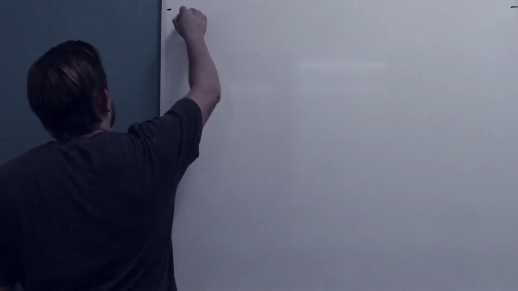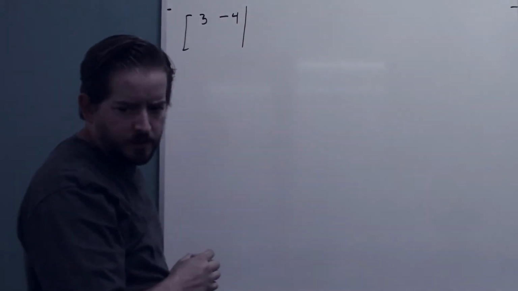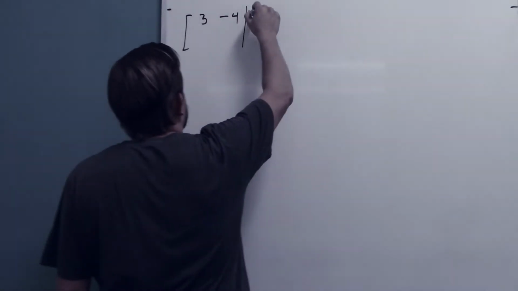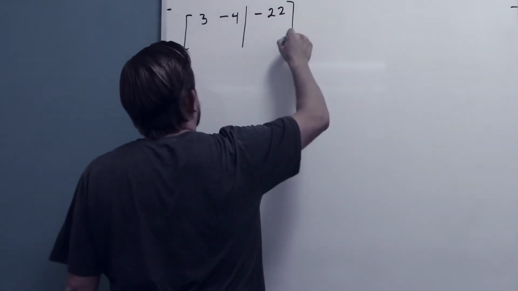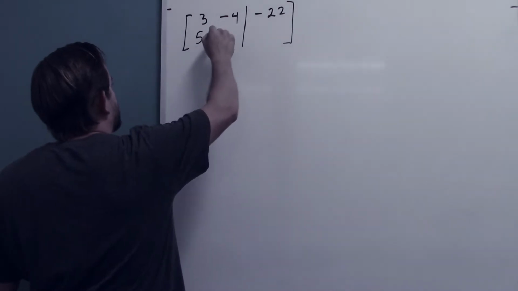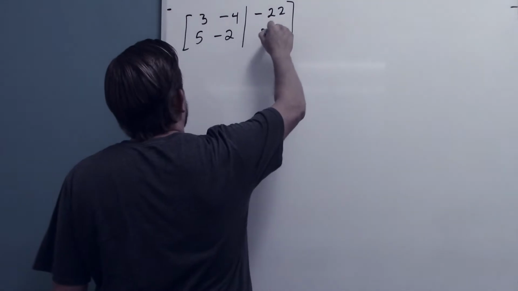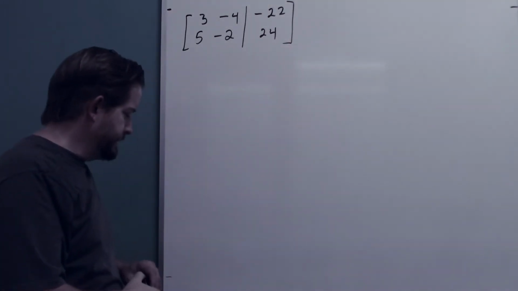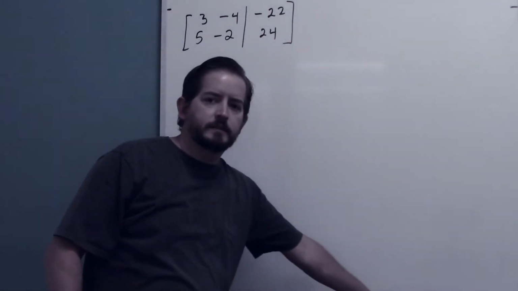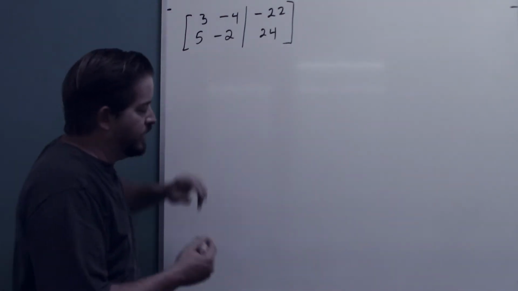Alright, I have a system. I have 3, -4, and I'm augmented with -22. And then I have 5, -2, and 24. And there's a general process, right, that I want to try to obtain, and that process